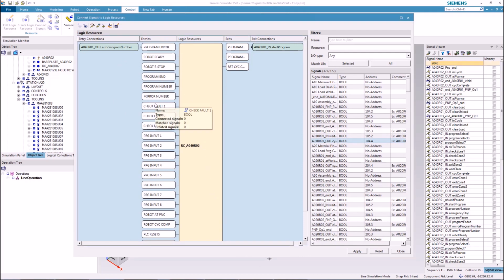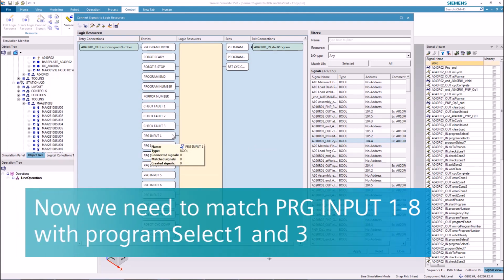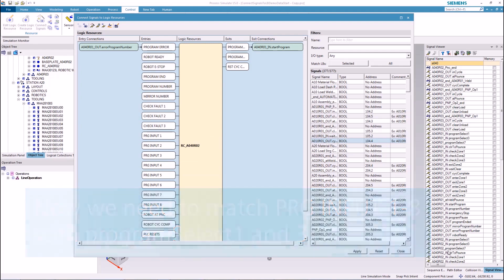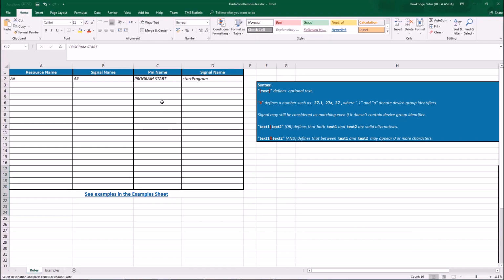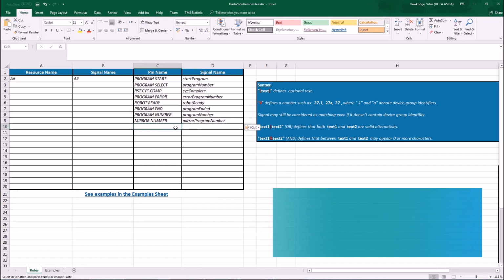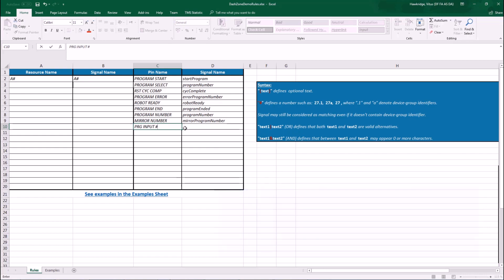These ones up here are quite simple as it follows the same rules, but now let's check out program input. We've got 1 to 8 here, and we probably want to match them to program select 1 and 3. Let's write the rule for this in one single row. Go back to the spreadsheet, put in the rules that I just mentioned. It's very simple, but now let's put prog input space and hashtag for the number wildcard, and we want to match it to program select and then another hashtag for another number wildcard. Hit save again,